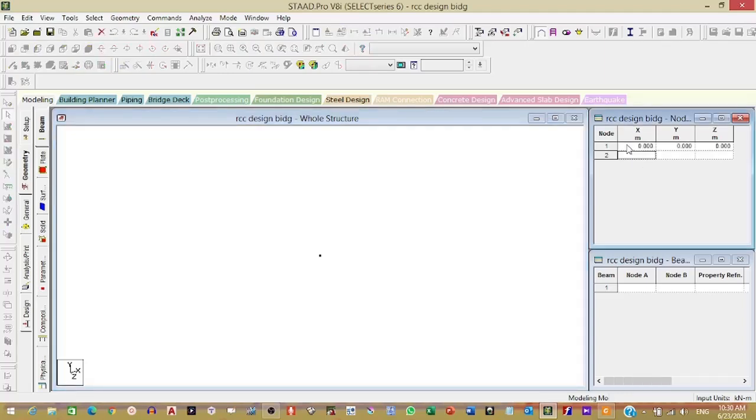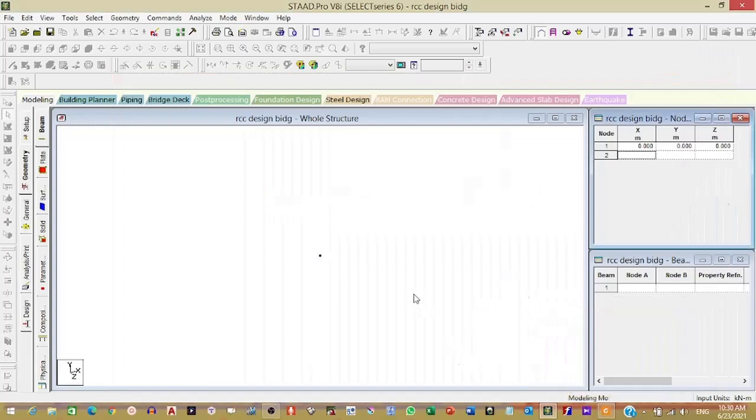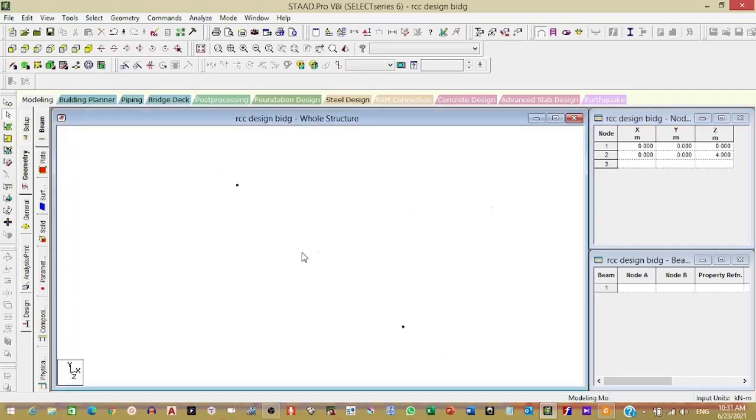Then you add these coordinates. After adding the coordinates, you draw the beam. For beam, click on add beam. Here add beam and click add the beam.